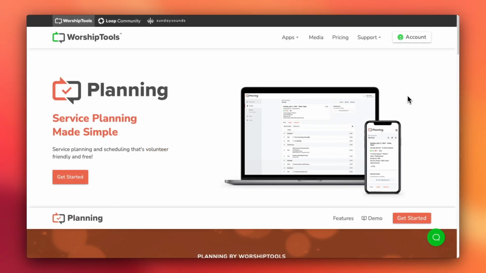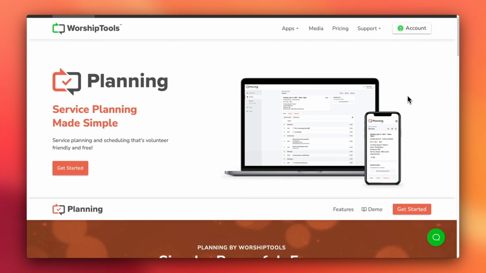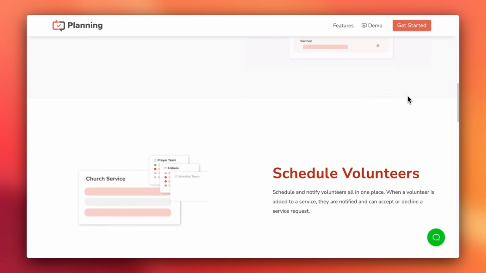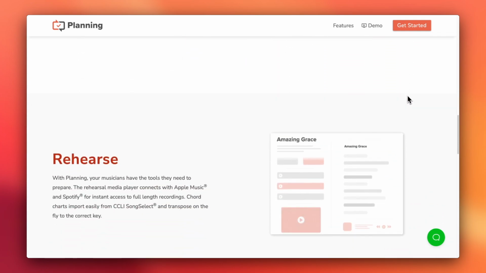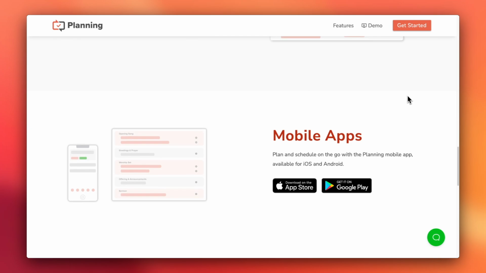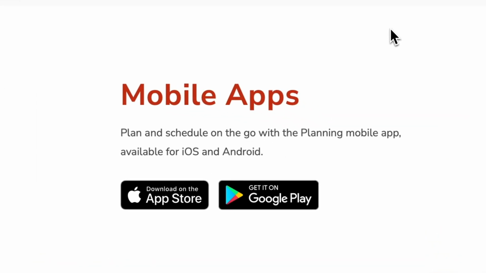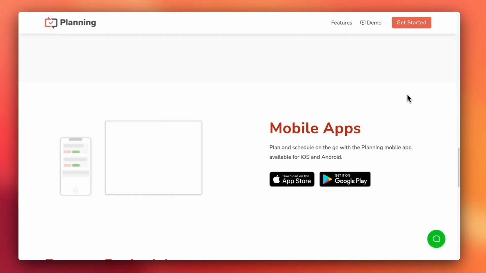WorshipTools provides 4 different apps for church and ministry, but in this video, we're going to take a quick look at the Planning app. Planning is available both as a mobile app on Apple and Android mobile devices and as a web app on any device that can run a web browser. To download the mobile app, you can search WorshipTools Planning in the Google Play Store or Apple App Store, and to access the web version, you can head to